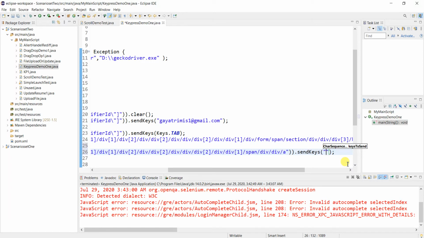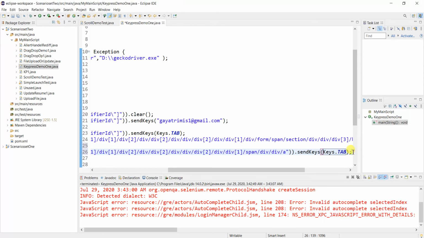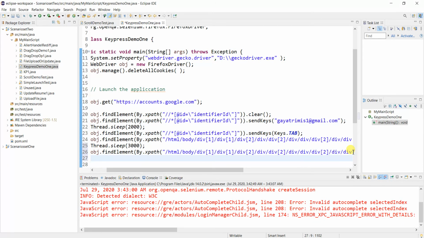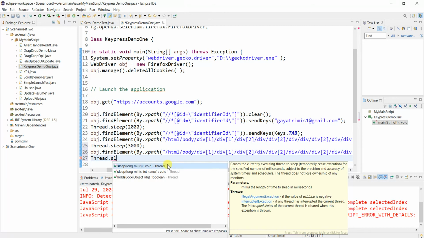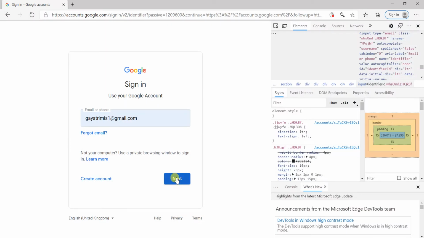So here keys dot tab. Fine. Now again we will wait for some seconds and click on the button. Let's say we will wait for 2 seconds and then we need to click on the button. So the button here is the next button.